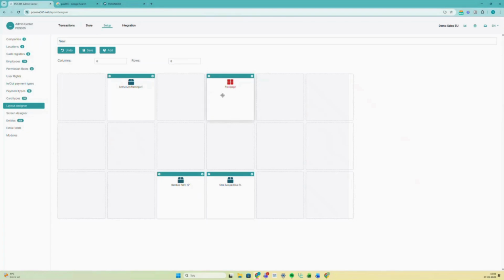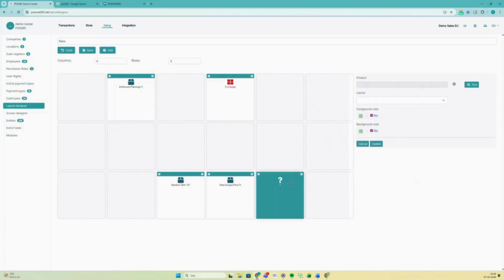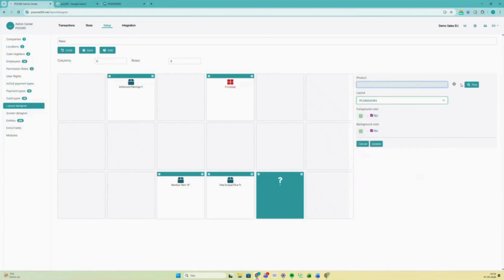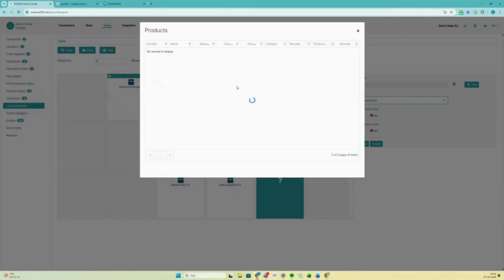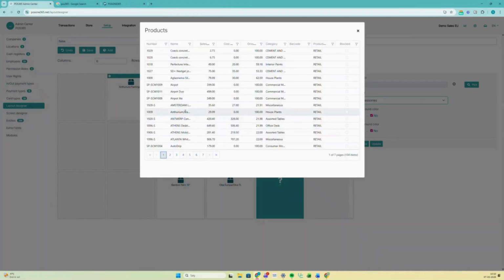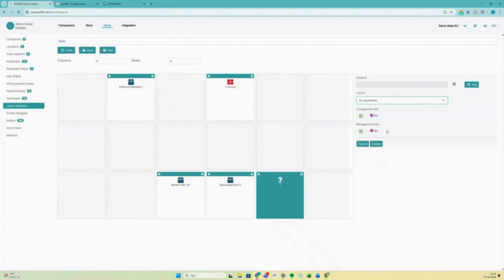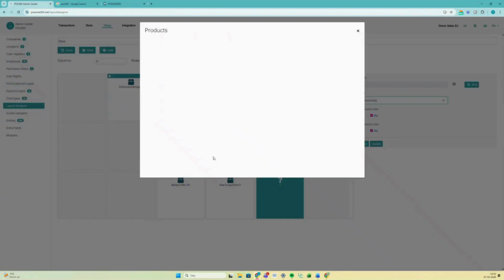Because this, for example, will always take me to the front page, but from here I can just have, as I said, layouts on top of layouts. So it simply works that I define how many rows I want to have displayed, both the columns and rows. So I'll be having 6 times 8. From here, I can pick a product, and this will prompt me to Business Central. And so I can choose from every item I have in BC. I can edit, and then I can update the